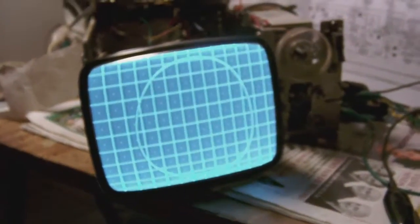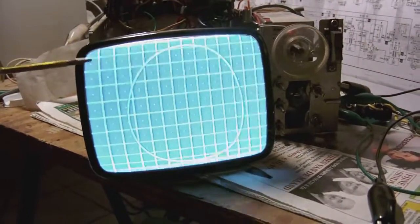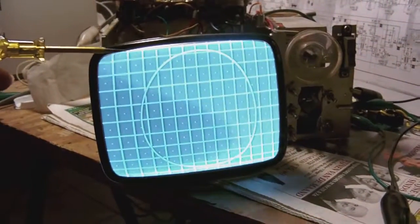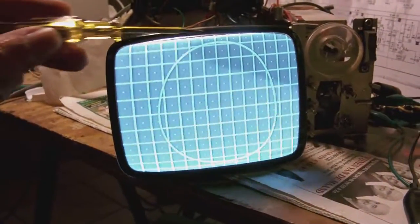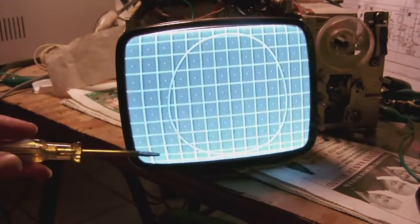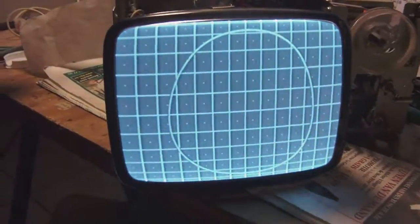Okay, I'm trying to align the picture, and as you can tell from the test image, we have a little bit of a picture symmetry problem. The circle is more egg-shaped than round, and as you can tell, the vertical linearity isn't too good, so the picture is extended at the top and compressed at the bottom. Now, my problem is that if I try to adjust the vertical linearity,